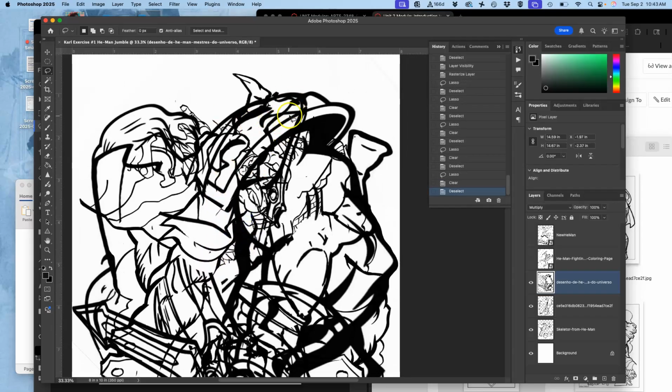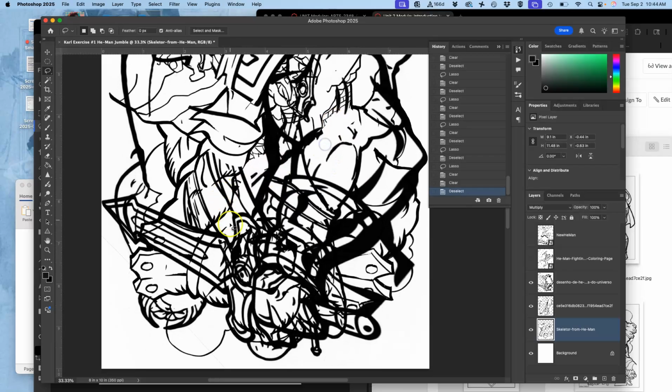Basically, the thing I like from this is his shoulder pad. So what I might do is roughly select, using the magic wand, inside the shoulder pad here. And if I hit delete, it will get rid of the shoulder pad. That's not what I want. Command Z, but I can take that selection and delete it from the layers underneath and reveal the shoulder pad. Right? I don't really like his